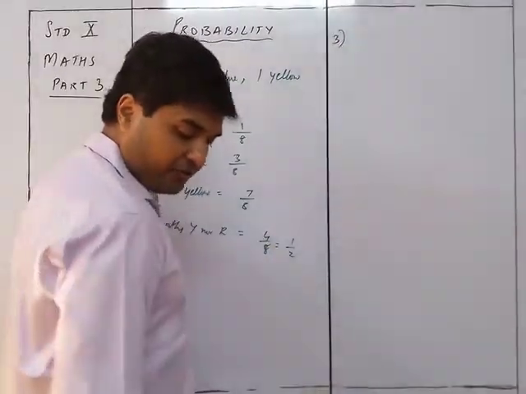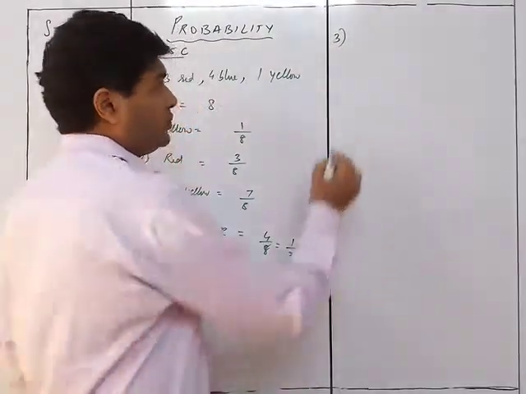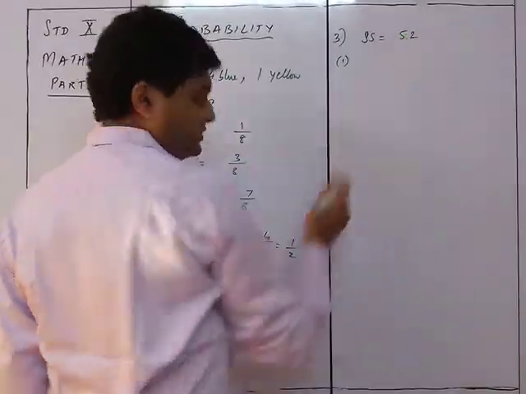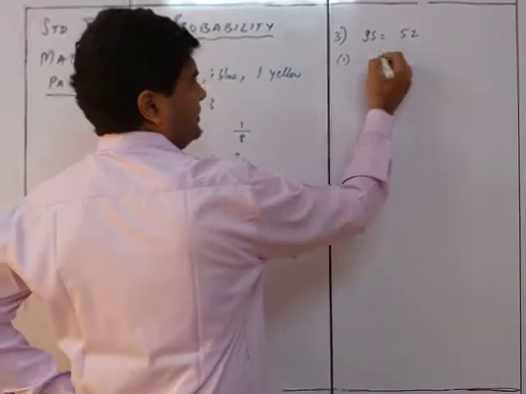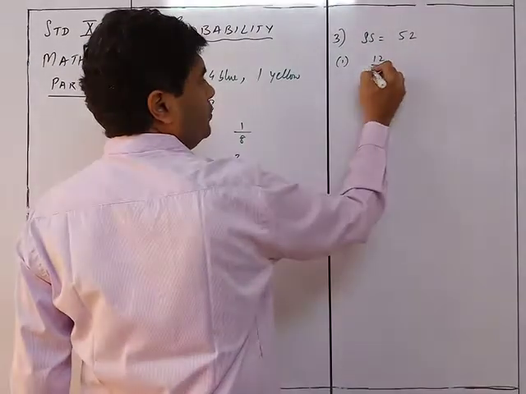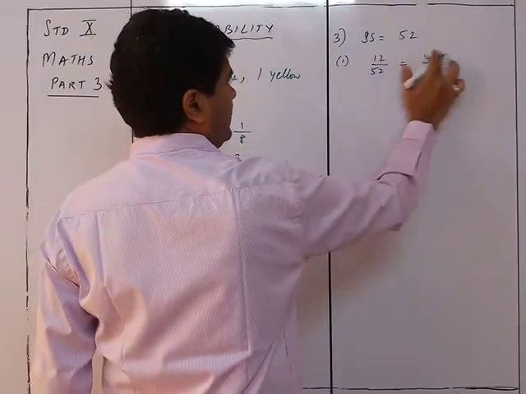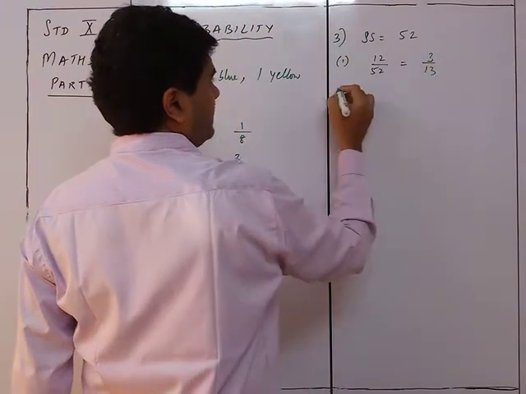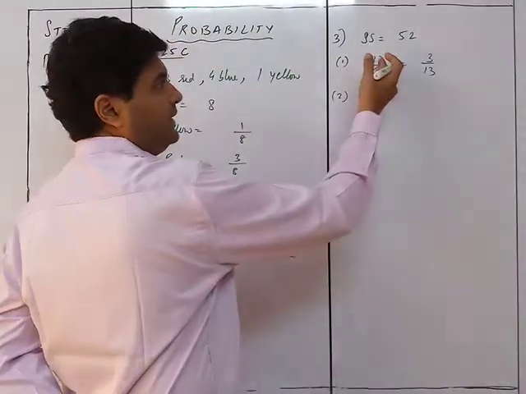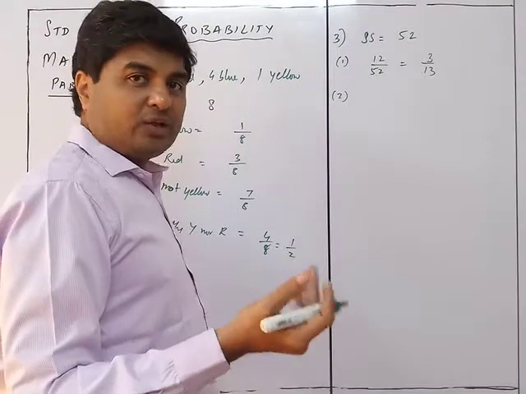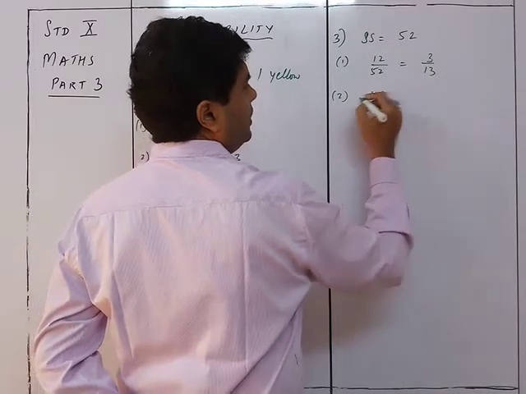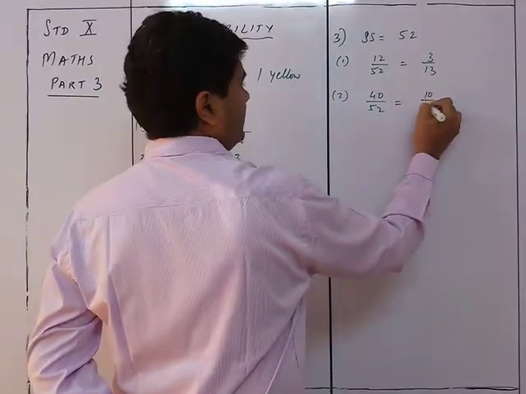It's a well shuffled deck of 52 cards. One card is drawn at random, and so first thing is the sample space is 52. We see the conditions now. A face card. Of course there are 12 face cards, so it will be 12 upon 52, so that will be 3 upon 13. Okay, that is a face card. The second one is not a face card, so automatically if 12 go out of 52, 40 will be left, so it will be 40 upon 52, so that will be equal to 10 upon 13.